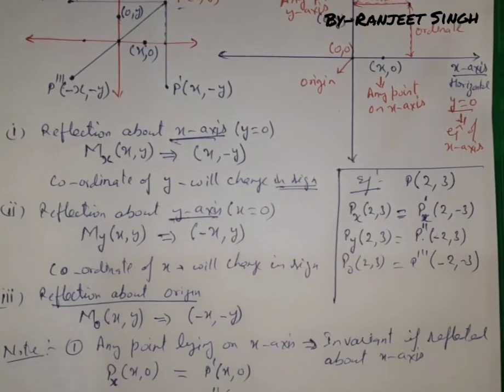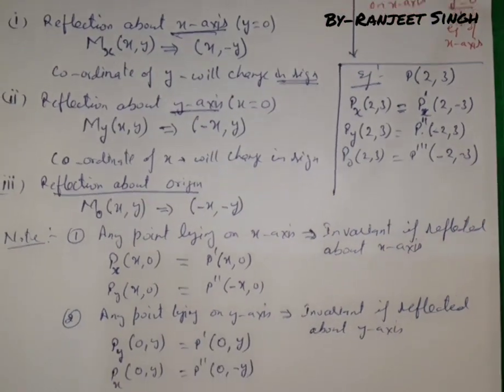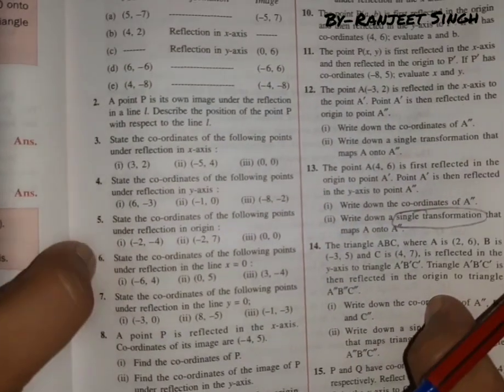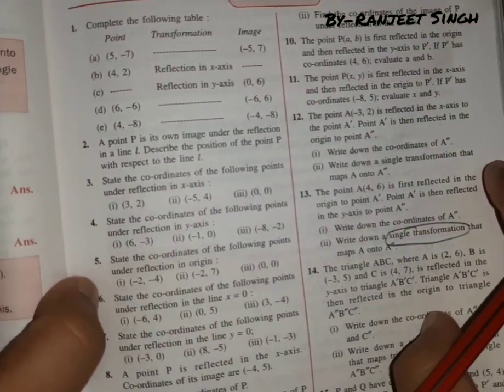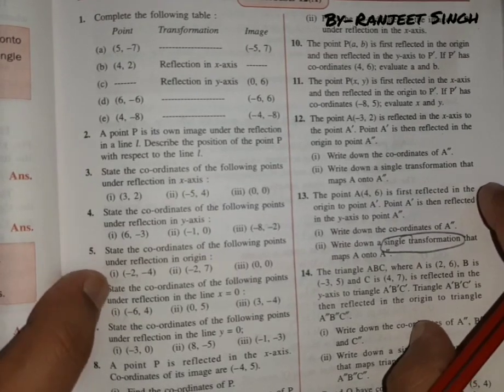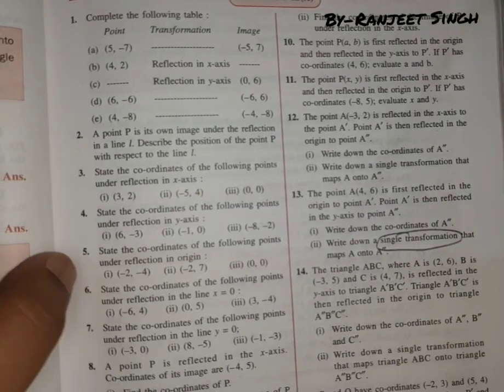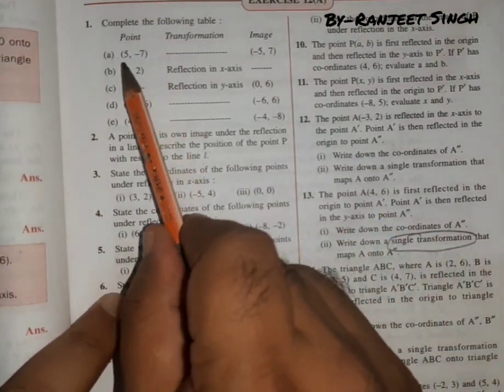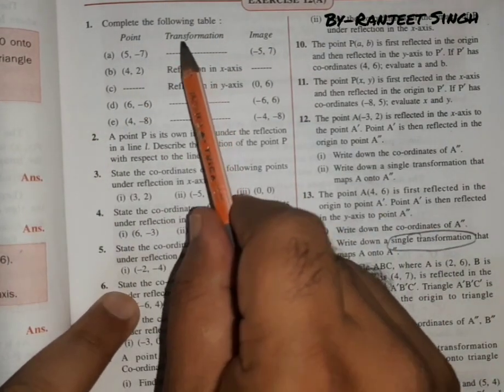Now I hope that with all these points you can complete your exercise first, and for that I'm taking some of the questions now. So these are actually very easy questions, you can very easily solve. So now I'm talking about exercise 12a. Now looking at this, the first question is, point is (5, minus 7), and we have to name the transformation,